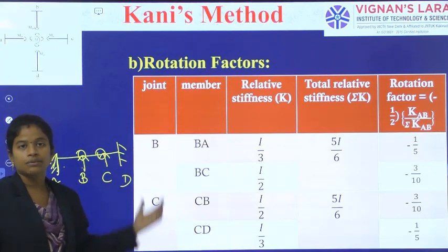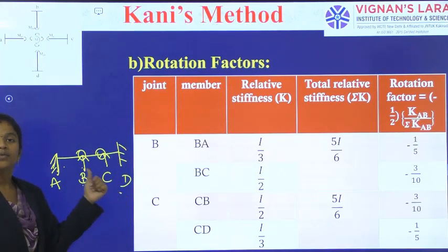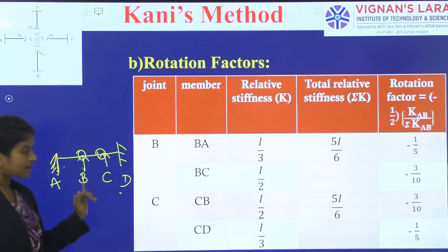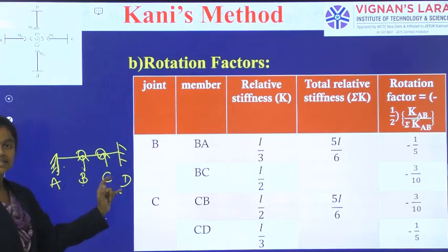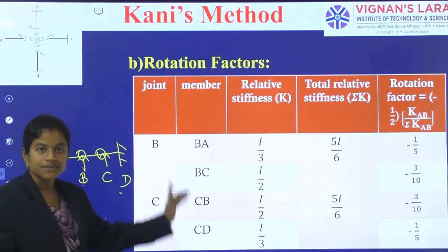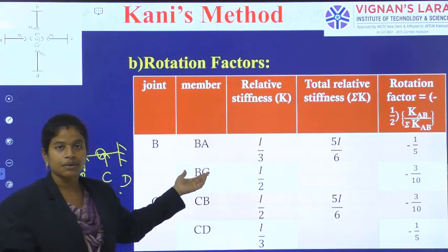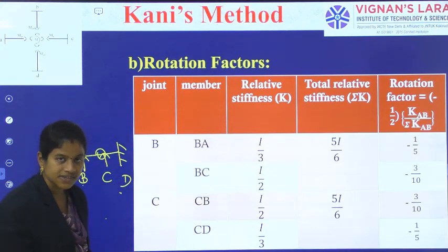Simply, our first column is the joint. What are the joints I need to observe? The joint B and joint C. What are the members being connected? From B, BA and BC. From C, CB and CD. So the next column is for the members. And then what is the next column? The relative stiffness of the particular member. So what is the formula for the relative stiffness? It is